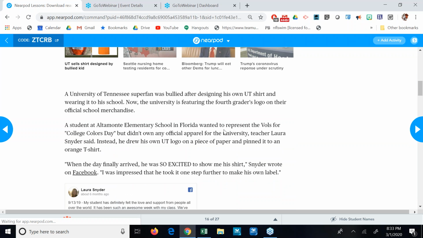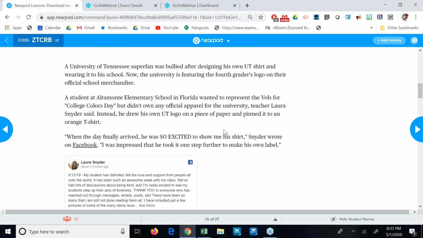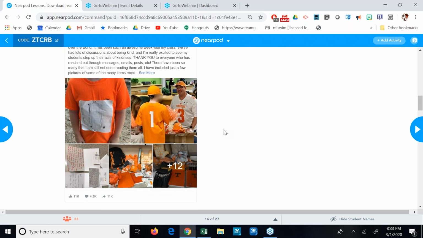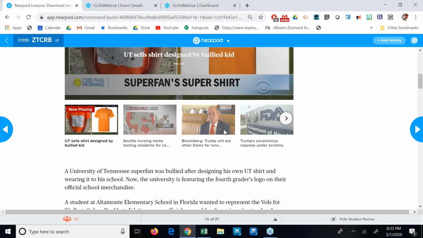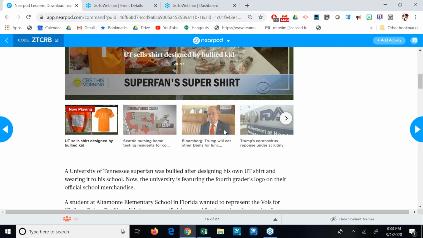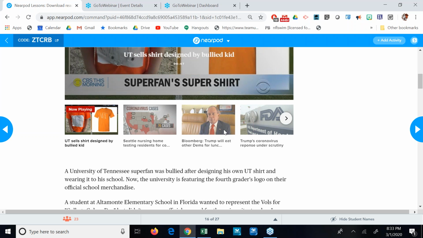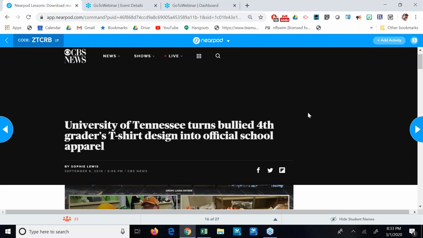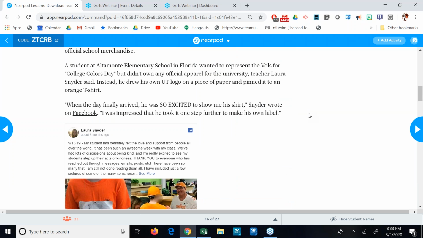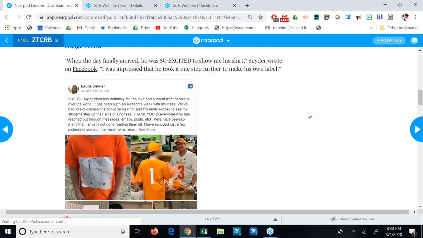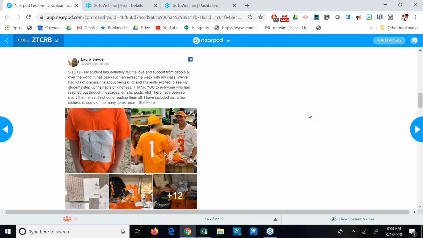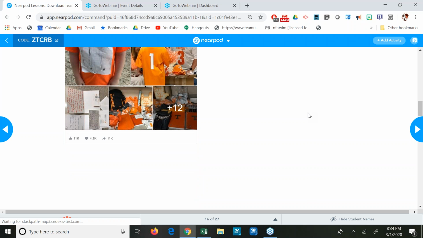Okay, good. But what you can do is also put a website link. You can embed that in there, and it will take the kids right directly to a website where they can actually read about it. Again, you can put even this on a Draw It screen, and you can use the highlighter tool, and you can do text tagging, and all the different strategies that we make the kids do. So I've not only embedded a video into the program, I've embedded an actual news article that shows the Twitter feed that came from the website crashing and all that kind of fun stuff. So again, it's just another tool in which you can increase engagement.